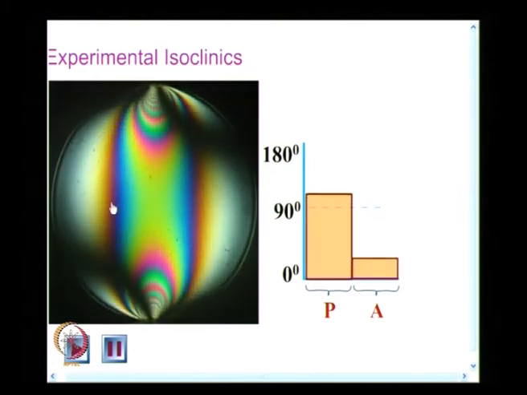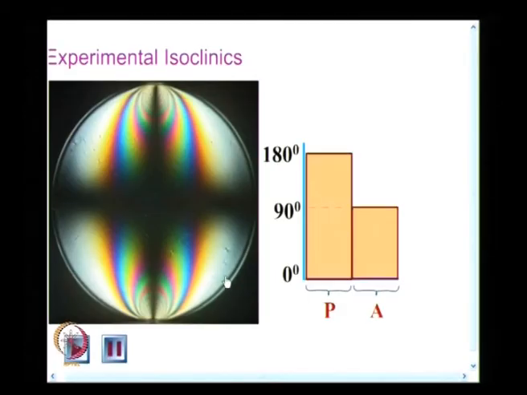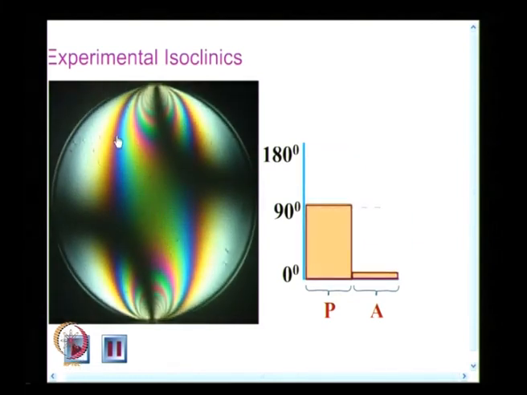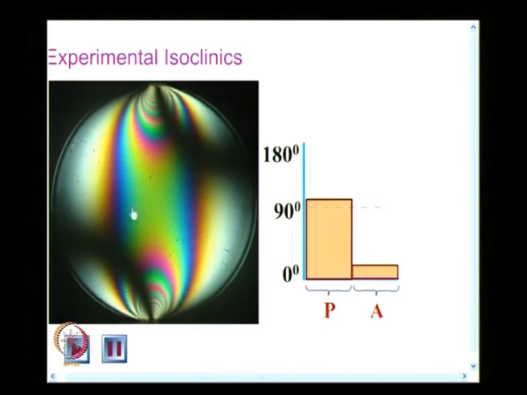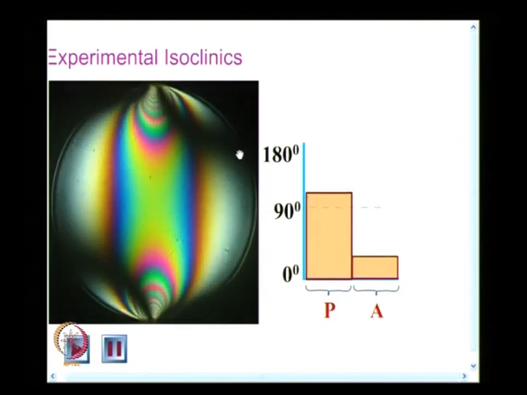Can you identify the colored band, because you had seen this earlier? You can identify the color band. What do the color bands show? Isoclinics. They are contours of sigma 1 minus sigma 2. So, what you find here is, in this optical arrangement I get two pieces of information. One is sigma 1 minus sigma 2, another is the orientation of the principal stress plane.